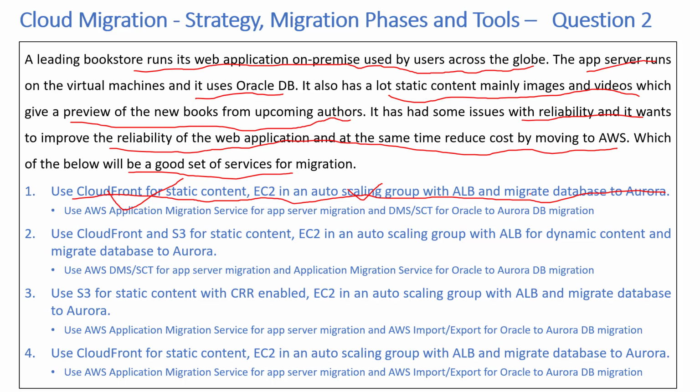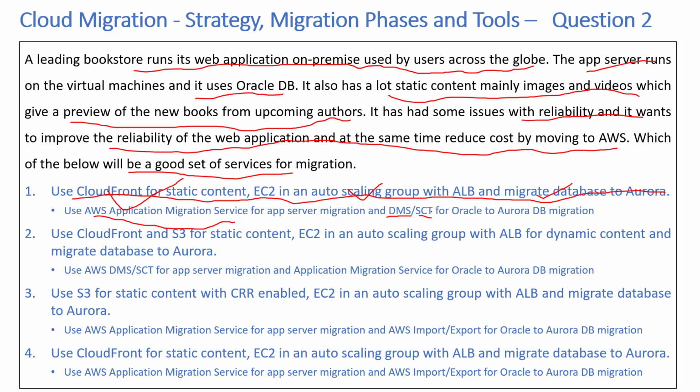You can migrate from a heterogeneous database from Oracle to AWS Aurora. So what are the things we need in terms of the tools? So use AWS Application Migration Service. Yeah, that can help you move your virtual machines. So that's correct. Then you have the DMS, Database Migration Service, plus Schema Conversion Tool for Oracle to Aurora DB